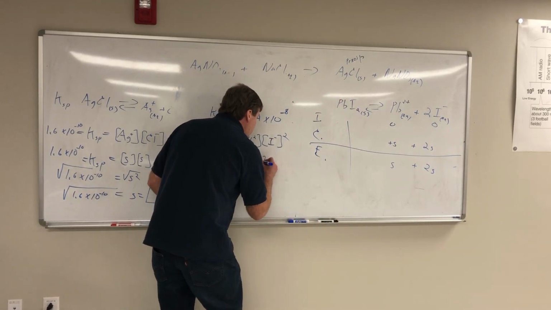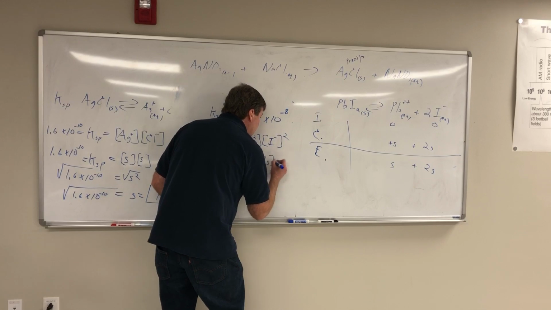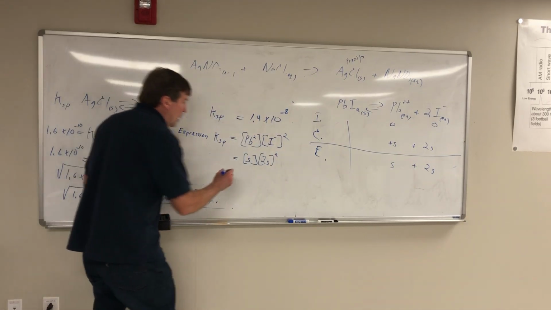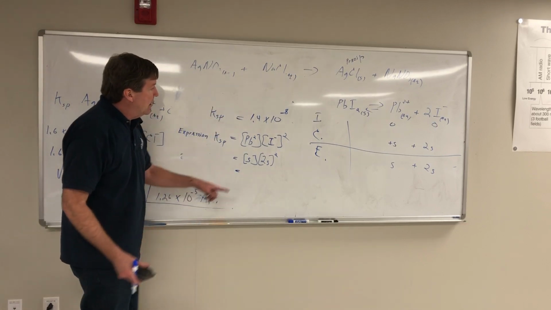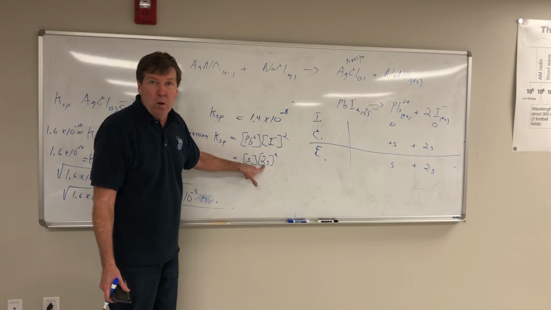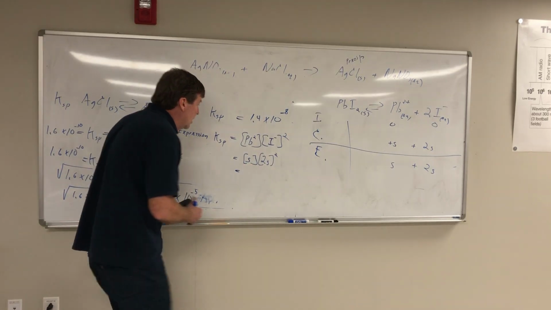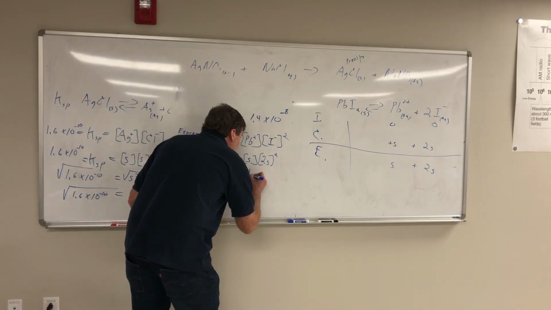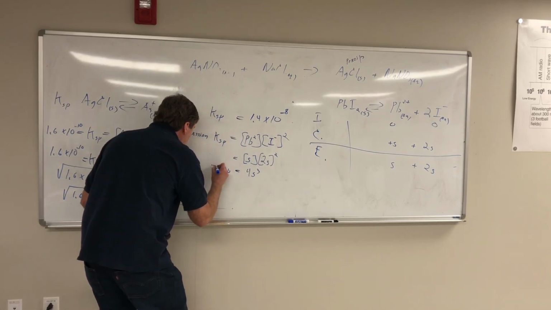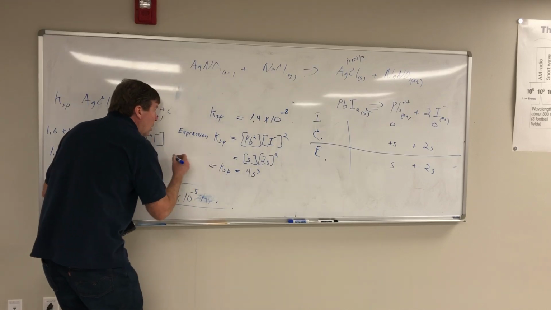So we have 2S here, but don't forget to square that. Now, if you do the math, we take 2S and square it, so then we're going to have 4S squared times S, so that equals 4S cubed equals KSP equals